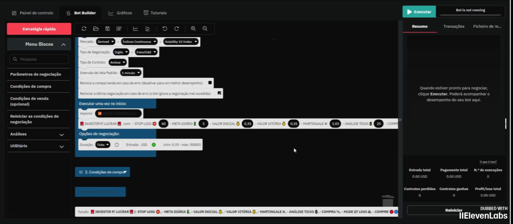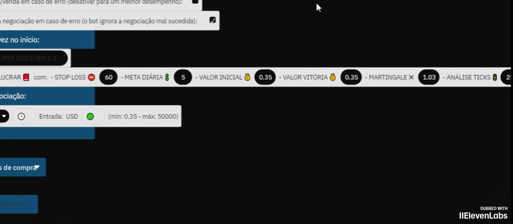So let's go. I'll show you the stop loss here, okay? If we hit a stop, the total loss the bot will stop at will be here, depending on what we define. I'm going to set a stop loss of $100 here, okay? You need to set this stop loss according to your reality. Your reality is defined by the amount you have in your account and how much you wish to risk on that day. Okay? I recommend that you always follow the daily recommendation. It's not exactly how much you should earn that day, but that you strive to end this day in the positive regardless of the specific amount.